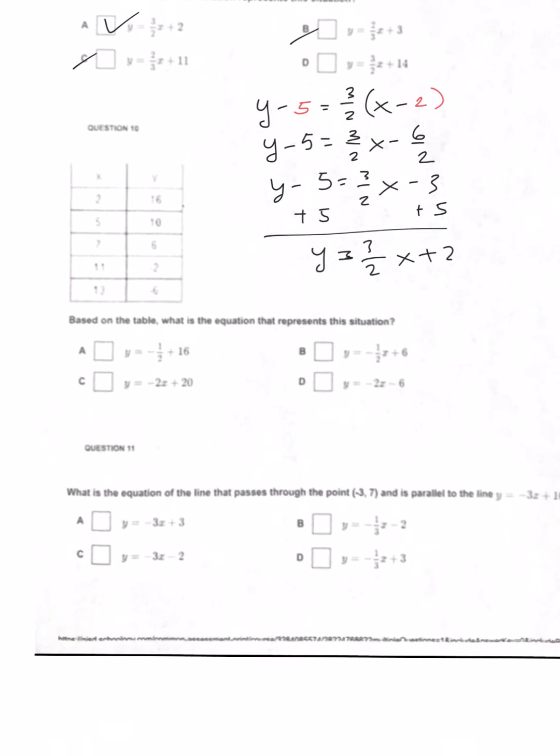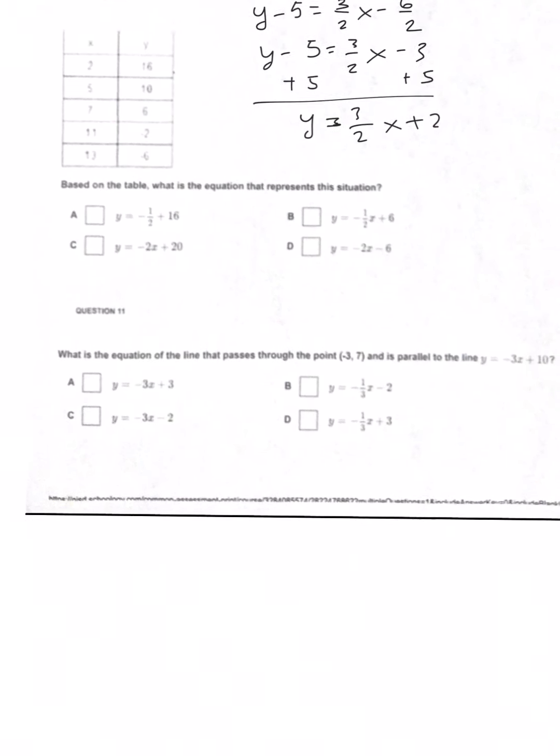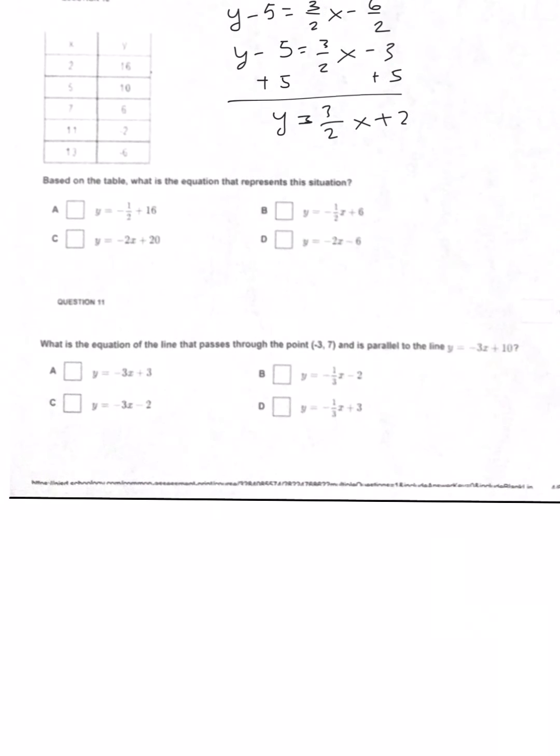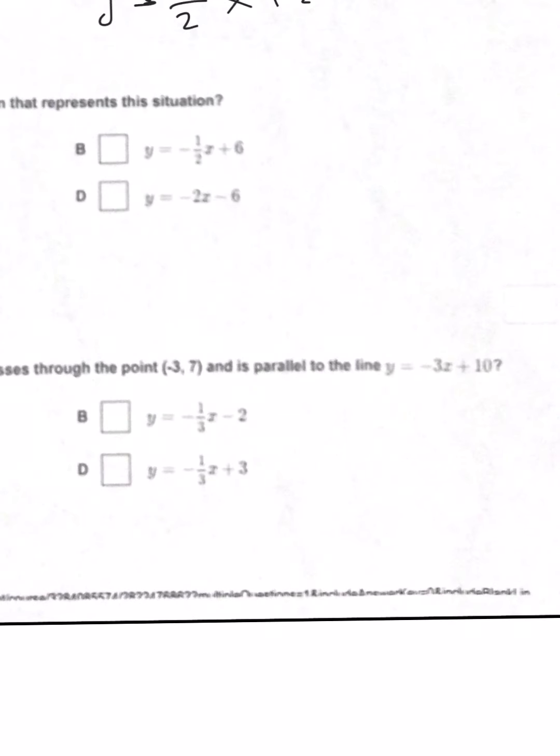Okay, moving along, number 11. What is the equation of the line that passes through the point (-3, 7) and is parallel to the line through (-3, 10)? So remember what I said earlier, when we take a look at this here, we're looking at parallel and we have